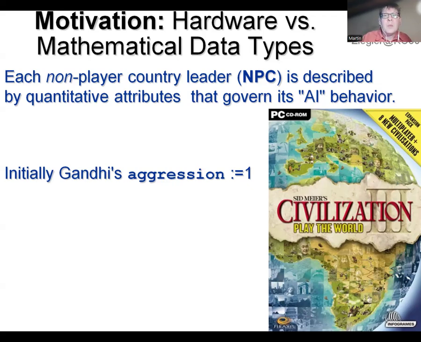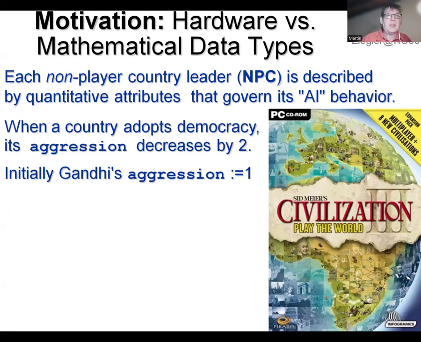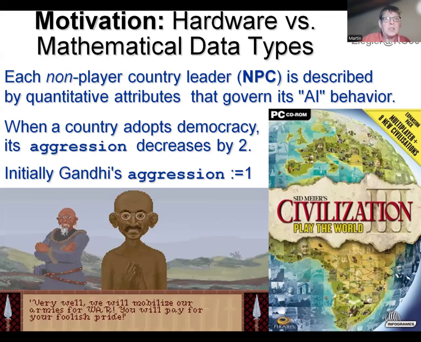And one of the rules of the game is that during the course of time, when a country develops democracy, its aggression level decreases by 2. So the programmer had intended that this decreases aggression, but when the data type is a byte as opposed to a mathematical integer, then a wraparound occurs, and actually the aggression level of Gandhi increases to 255 and he starts waging war against his neighboring countries. Now, this is a kind of an anecdote, but